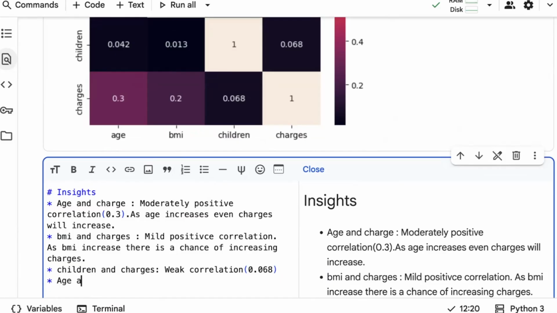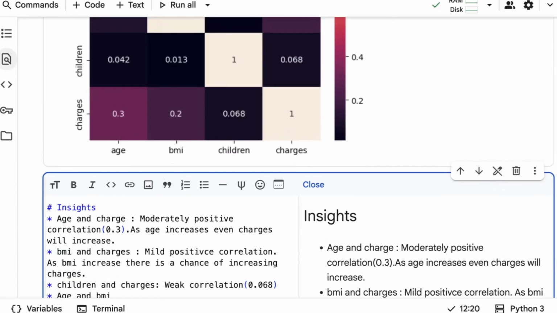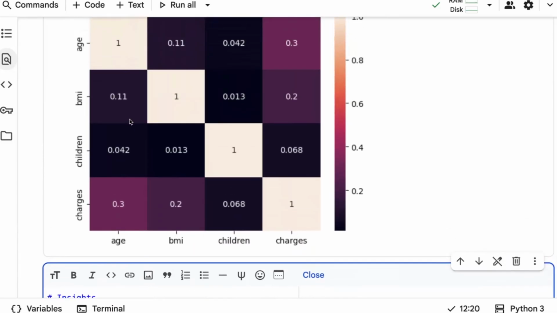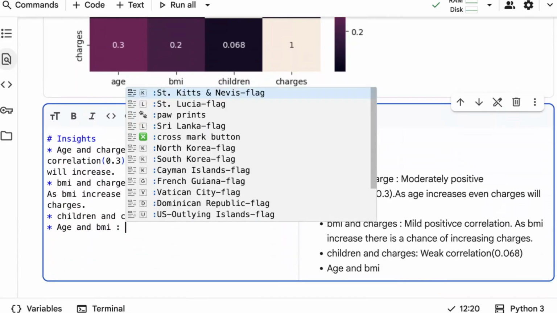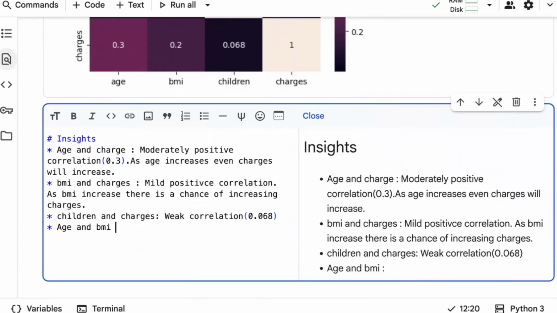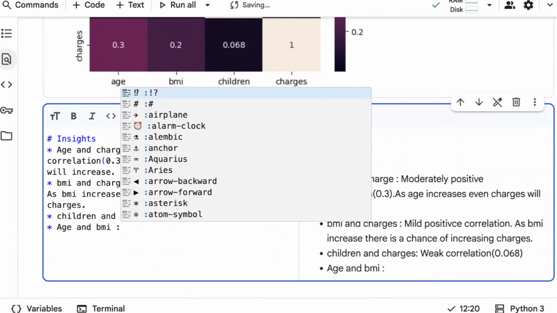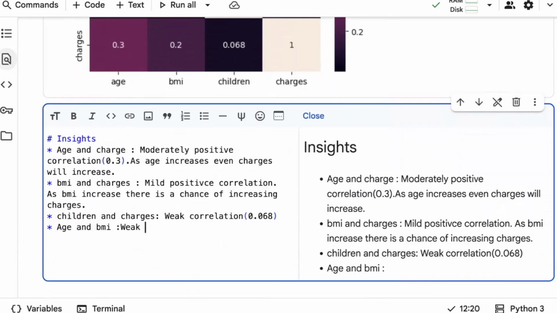And also you can try between age and BMI. Look into age and BMI. In age and BMI, we have almost 0.11. So again, they're not much related, right? BMI is not dependent on age, right? So I could see that there is a weak correlation, which is around 0.11.